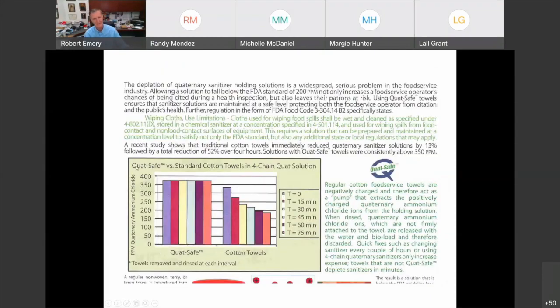And here it is. They sell a disposable towel that maintains a certain level of quaternary ammonium compound. And here's the level in cotton towels, reused cotton towels. The problem is you have to kind of discern all this information over here in the color coding and the quiz on what one's 60 minutes and what's 45 minutes. But most importantly, and this gets to comparisons, where someone had commented on this notion of compared to what, the really important thing is we'd like to know what the FDA standard is for levels of quaternary ammonium compound. And lo and behold, buried up here in the text is 200 parts per million. And that would be really good information to have down here.